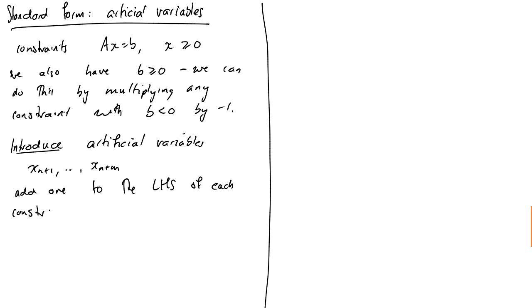Of each constraint. So we're going to get, e.g., the ith one, a_i transpose x equals b, goes to a_i transpose x plus x_{n+i} equals b. Okay, so we're adding in these extra variables. So basically the problem we're doing now has actually changed. We're adding in an extra variable to each of the constraints, and now our set of constraints